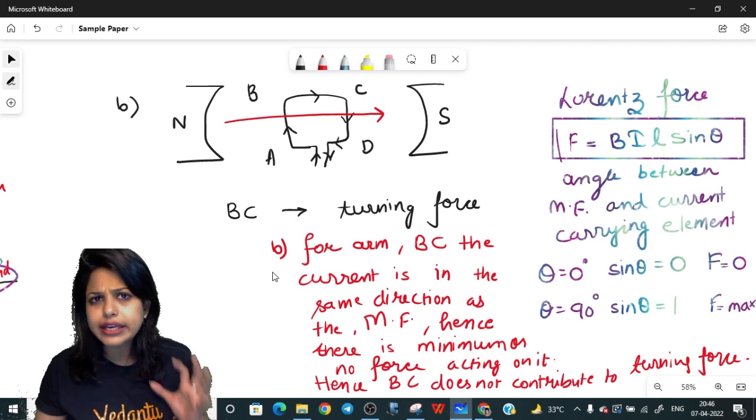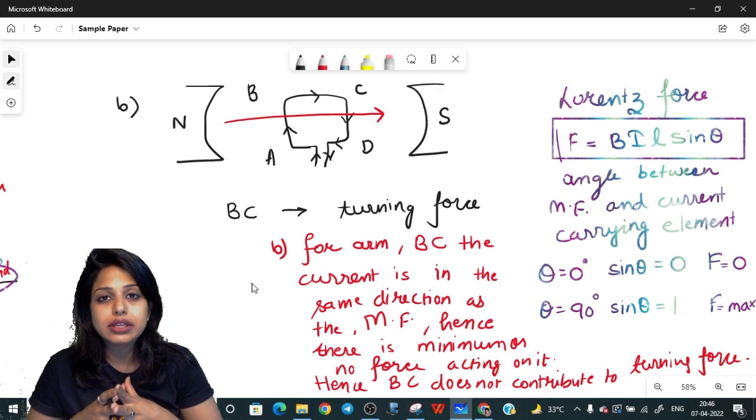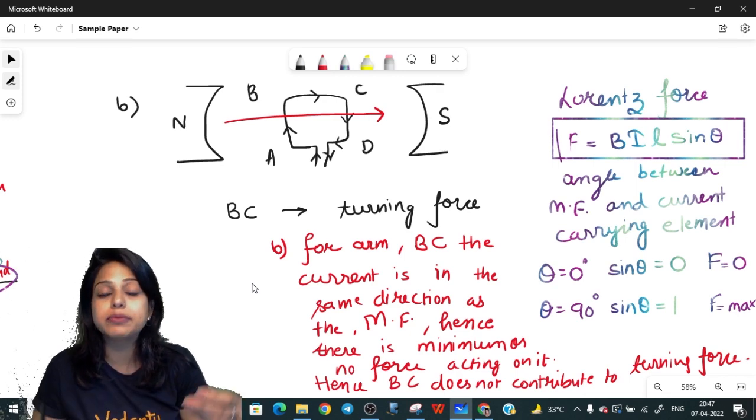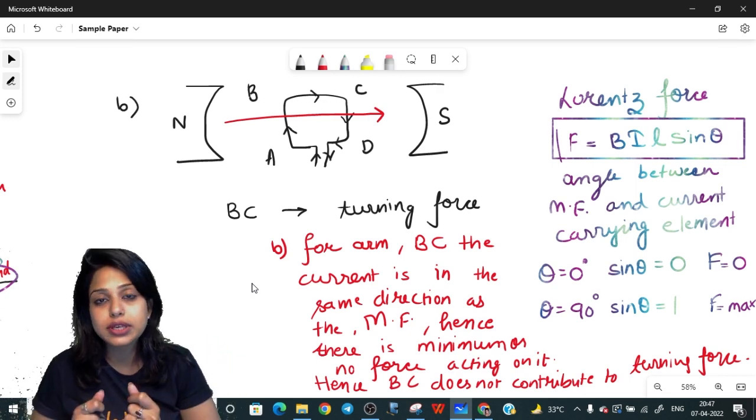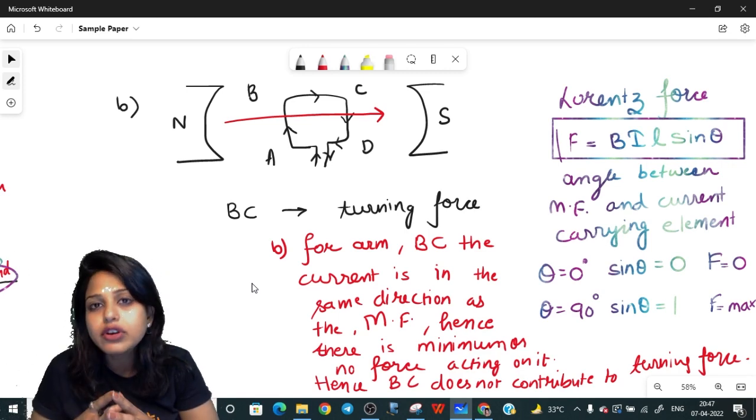Though it looks like it is too long, who is going to do it? It's very simple. The only thing is, if you know the concept, you will be able to do this in less than 2 minutes. But if you're confused, don't worry, because another question is coming in another IT short from